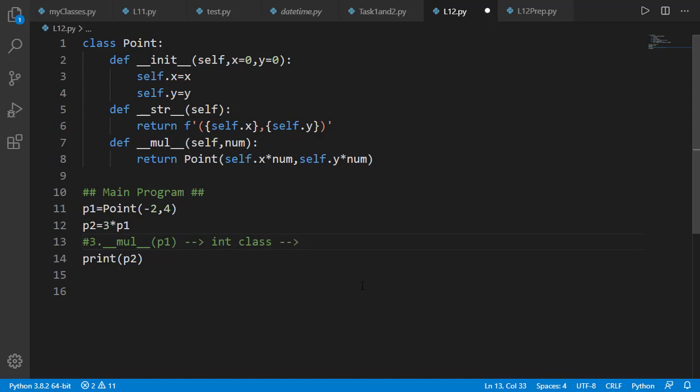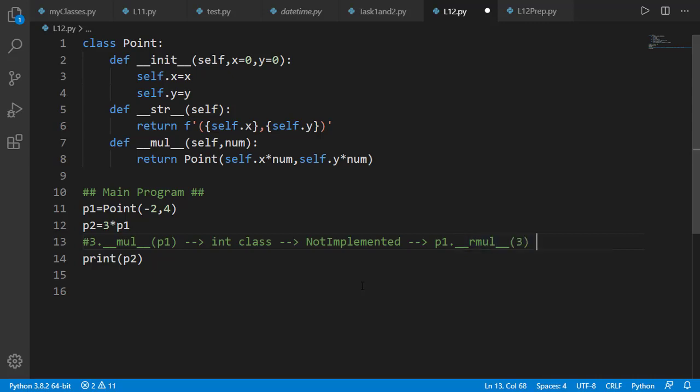Python will find the method there, but that is defined for multiplication of int with other numbers or maybe other data types, but not with custom class objects like Point. And in case the __mul__ method of the int class gets an unsupported type of object, it returns NotImplemented. This is coded inside the int class and we shouldn't worry about that. So when NotImplemented is returned, Python will run the reflection method on flipped input arguments. The reflection method of mul is __rmul__, and with flipped input arguments it will be applied on p1 and 3 will be the other input argument.